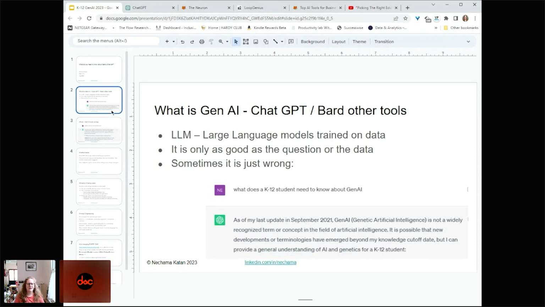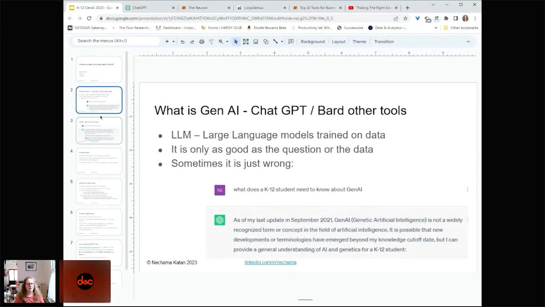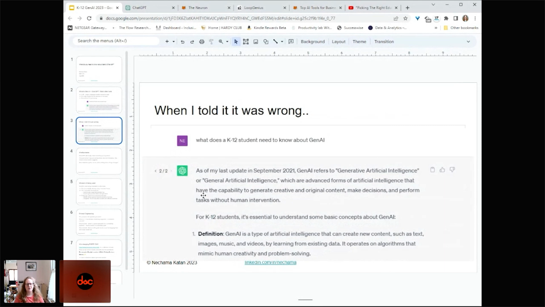Then I clicked the little bad button on it, and it said, oh, yep, here's another option. It gave me two options. If I look at my chat window, I can see that now I've got two options, and it says Gen AI is generative artificial intelligence or general artificial intelligence. And it said you need to understand basically how it doesn't work and what it can do.